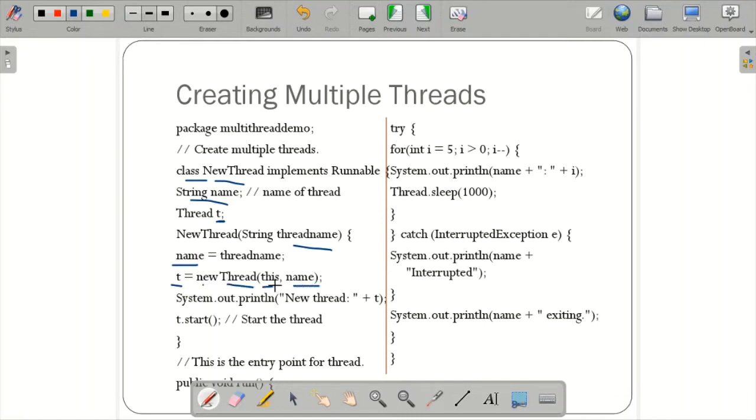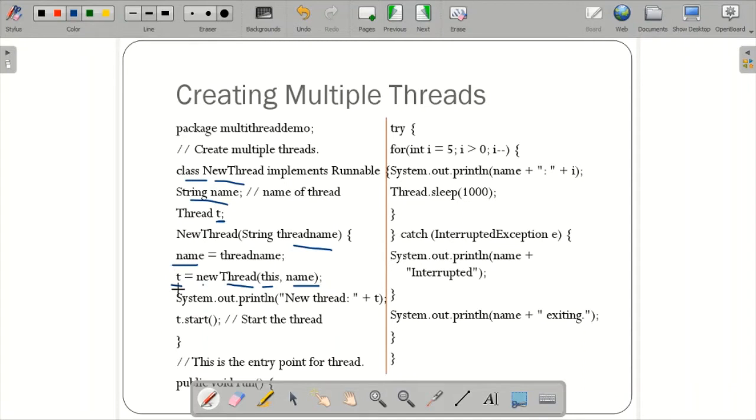Do you know why this object is created? This Thread object is created to run the Runnable interface. Using it, I'm implementing the Runnable interface through this object of the Thread class. So this is how you call the Thread constructor with the parameter this, an object used to run the Runnable, and then the name of the string that you passed.